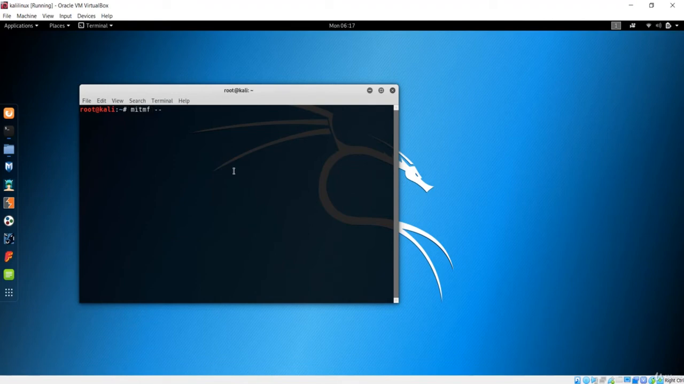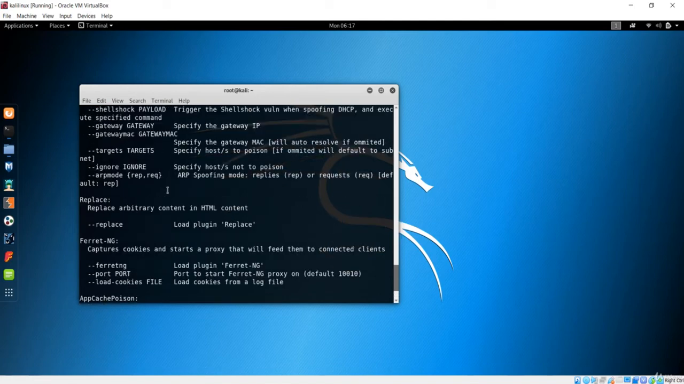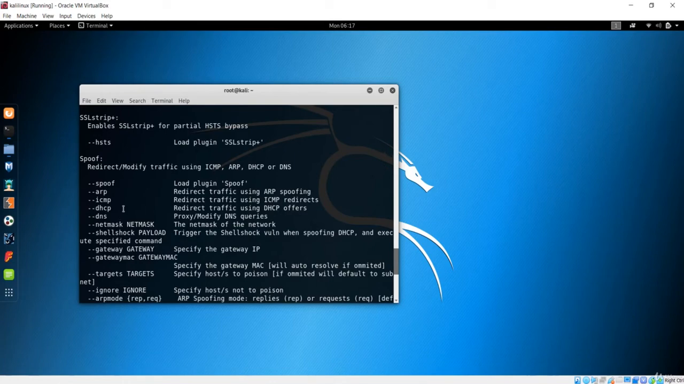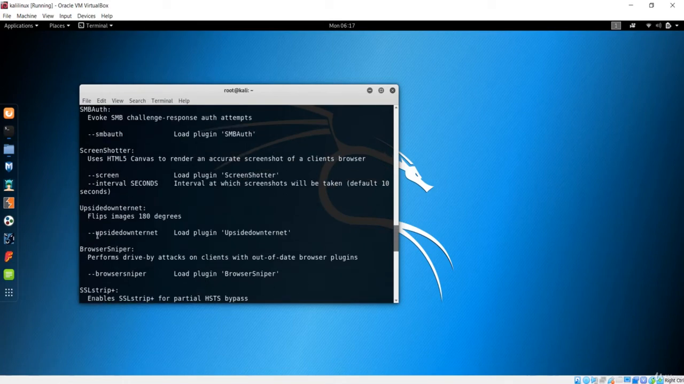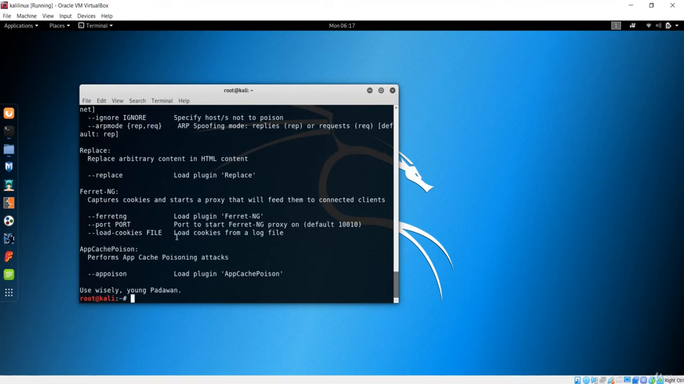So I'm just saying man in the middle framework and help, and you can see we have so many options. We have these options to spoof, obviously, and the next is to take the screenshot. So let's see for the screenshot. It is the same